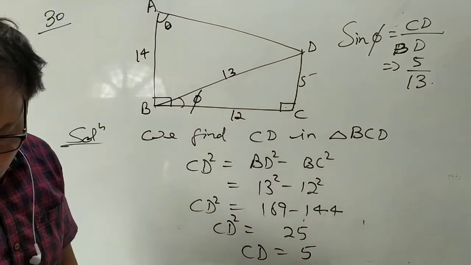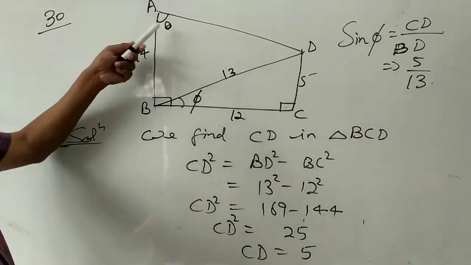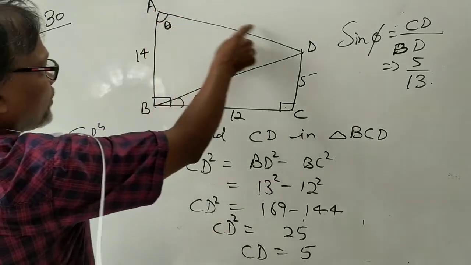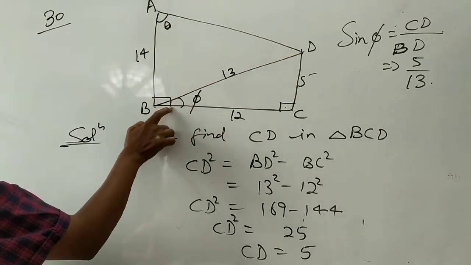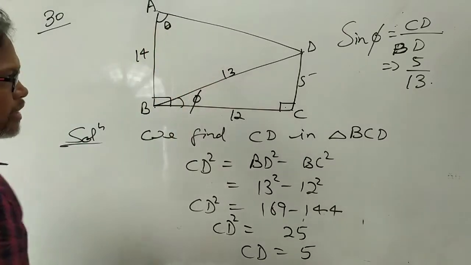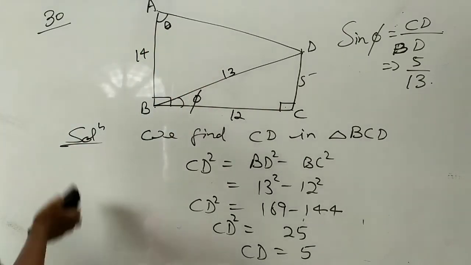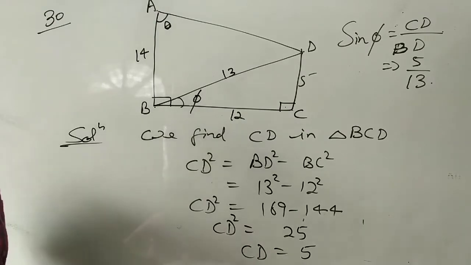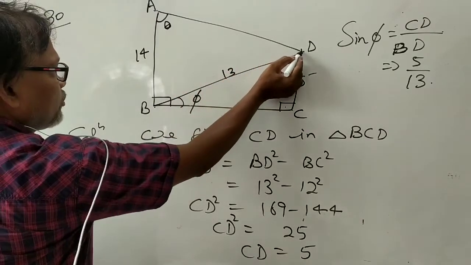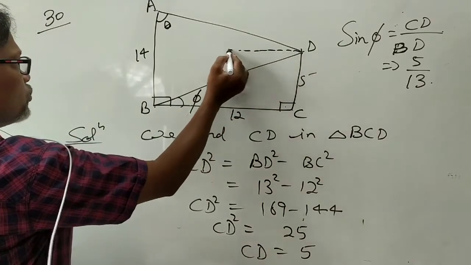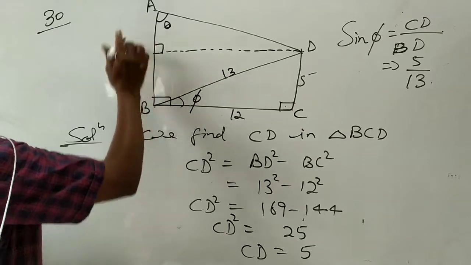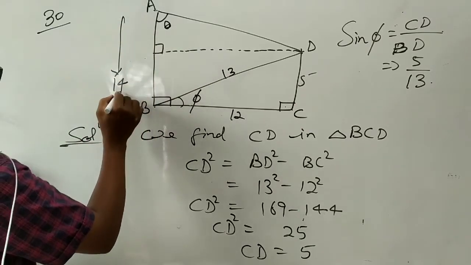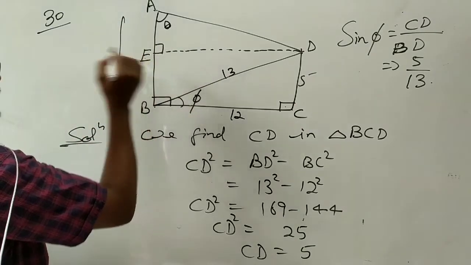Second answer, you have to find the tan theta. ये थीटा, लेकिन यहाँ पे तुम्हारा ये ट्राइंगल कोई भी 90 डिग्री वाला नहीं है. 90 डिग्री ये याद रखें. This is not the right angle triangle. So first you change it into a right angle triangle. How to change? Draw the perpendicular from D to AB. ऐसे perpendicular draw करना है अपने आप. ये पूरा 14 है. This point is E, suppose.